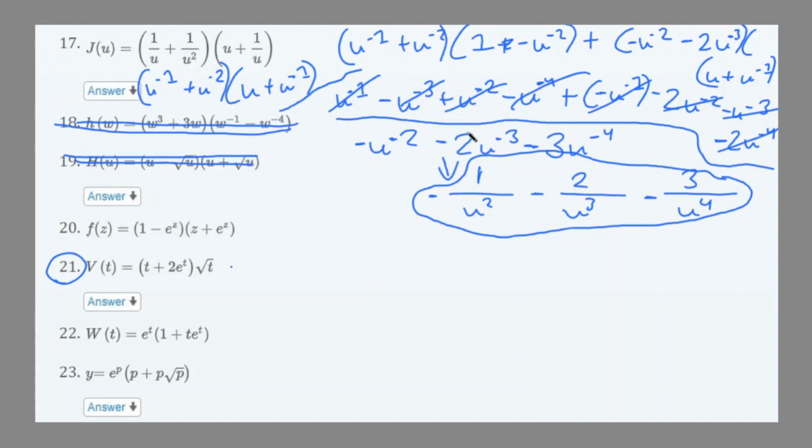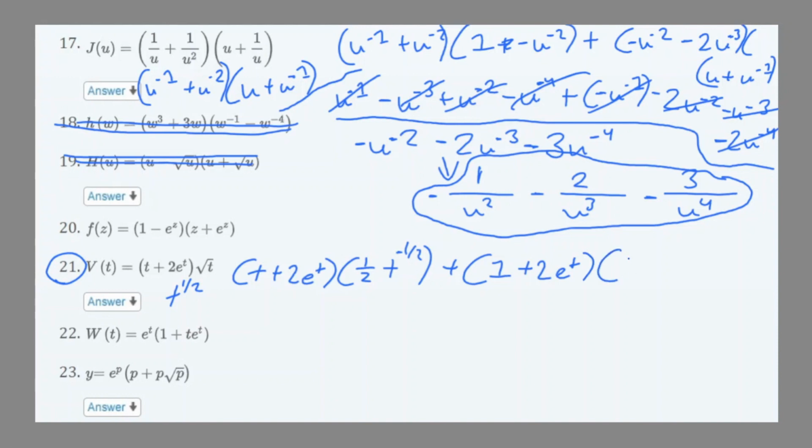So number 21, if we use the product rule, then we would have t plus 2e to the t power, and then here this would be t to the 1/2 power. So let's rewrite it as that for now. Then if we find the derivative of t to the 1/2 power, it would be 1/2 times t to the negative 1/2 power. And then we add that to 1 plus 2e^t, and then multiply it by that t to the 1/2 power. And now if we simplify it all together, we would get